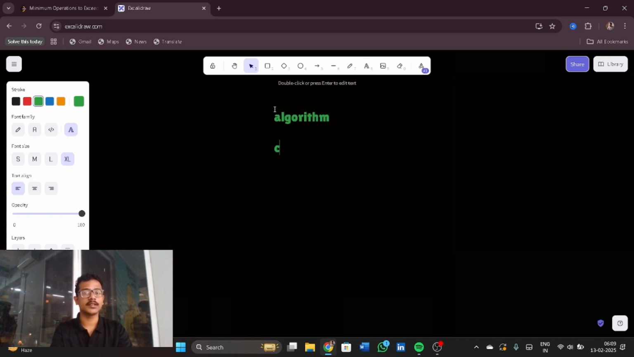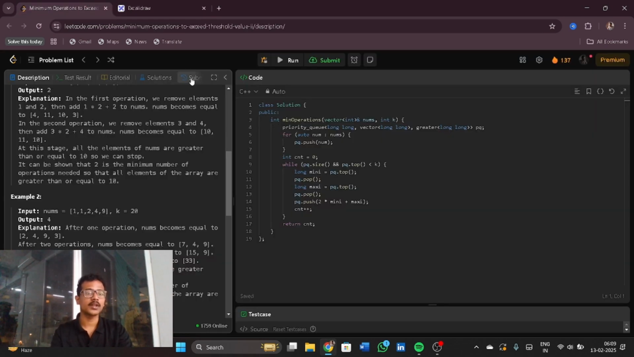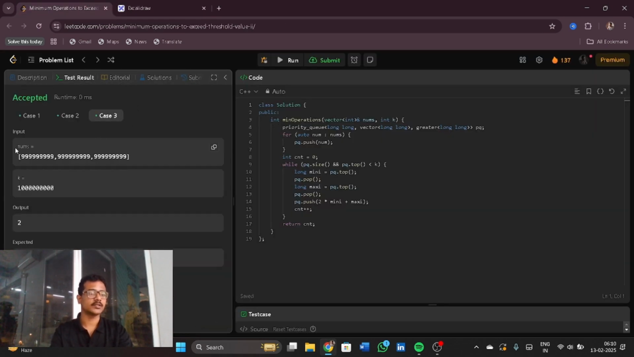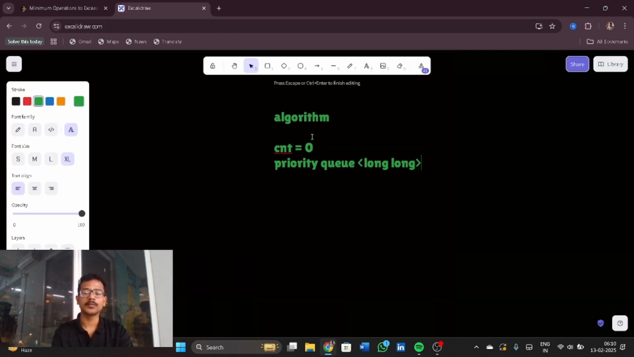first thing I should initialize my count will be 0, and then I'm initializing my priority queue. But don't forget to initialize it with long, because I have one test case like this, where nums is this, which is going out of bounds of integer range and causing a runtime error. So use long and name it as priority. Now for auto num in nums, push num